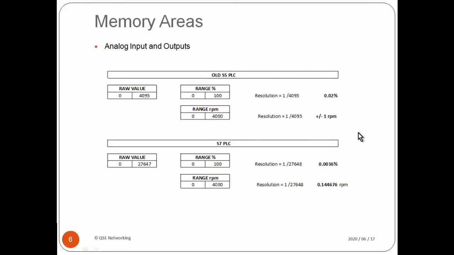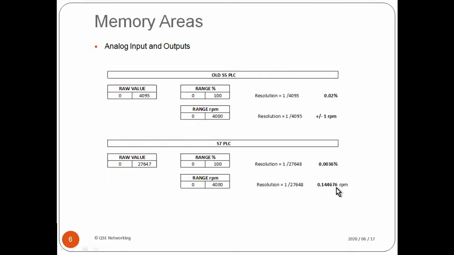If that input sensor was in RPM, say 0 to 4,000 RPM, it would give you a plus or minus 1 RPM resolution. On the newer PLCs, the S7, they're giving you a 0 to 27647, which is 12 bits. So the 0 to 100% sensor would give you 0.0036%, which is meaningless. On your screen, if you're going to show so many decimal places, those last decimals that are flickering is meaningless. And RPM, again, you can see you're getting 0.1 RPM,